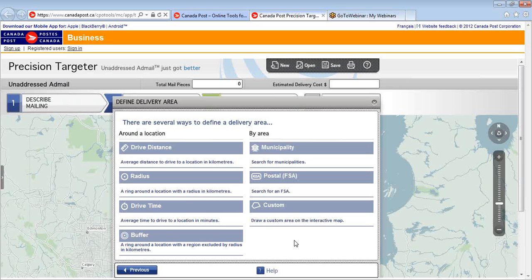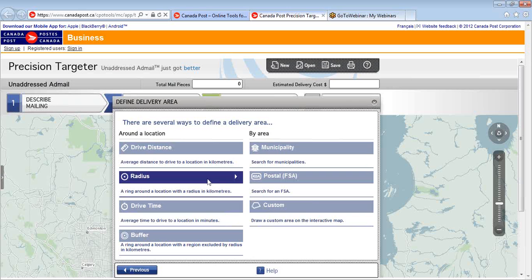All right, and municipality. So for example, if you want to target the municipality of Red Deer or Winnipeg or Ottawa, those are all options. FSAs, that's the first 3 digits of a postal code, so you can actually consider using that as well. Just so you know, an FSA typically represents 10 to 15,000 homes and apartments. And custom, if you're very intentional about your area, for example, you don't want to go north of the street, south of this river, as an example,